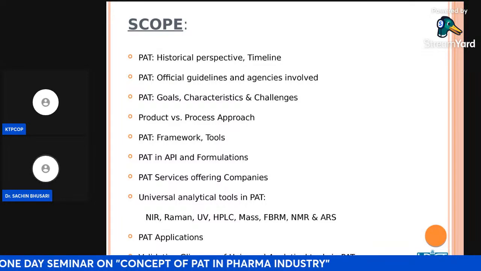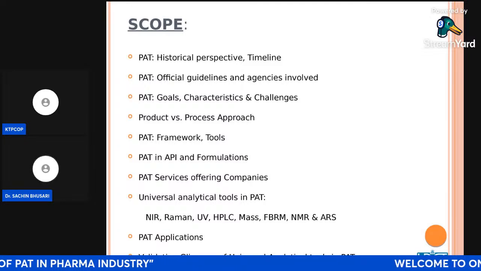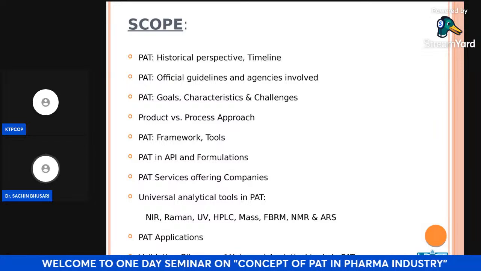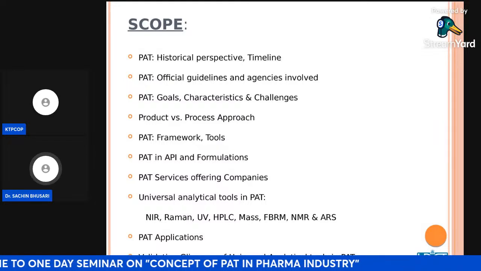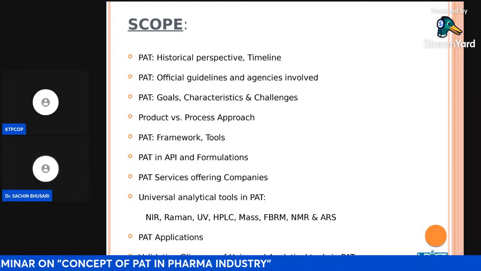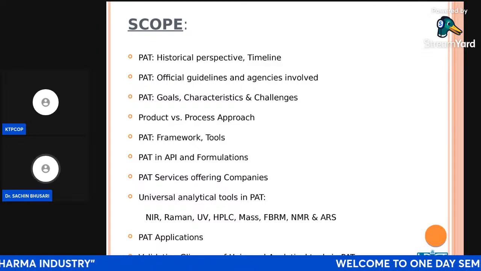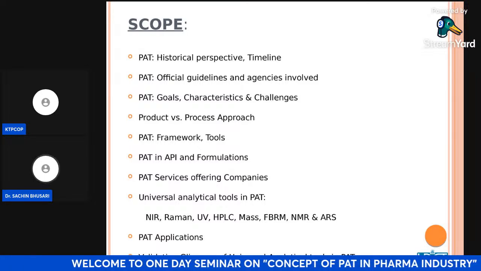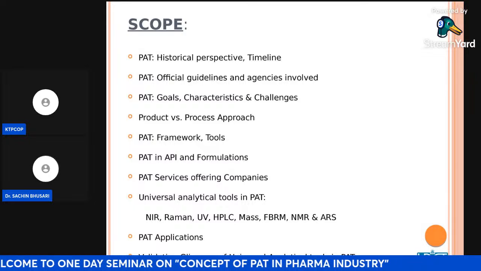I have some data about the companies which offer these services because PAT is kind of a service. Basically, it's a complete package which has to be designed properly as per the individual need. So I will be covering some companies which can offer these PAT services. It is needed because some of you might have that background. Some may have chemical industries, pharmaceutical industries, or someone may have the ability to develop such companies. So one should know the PAT services, and who offers them.